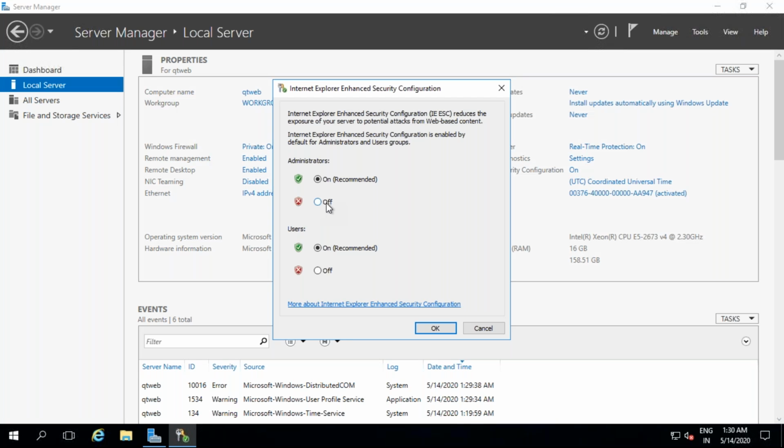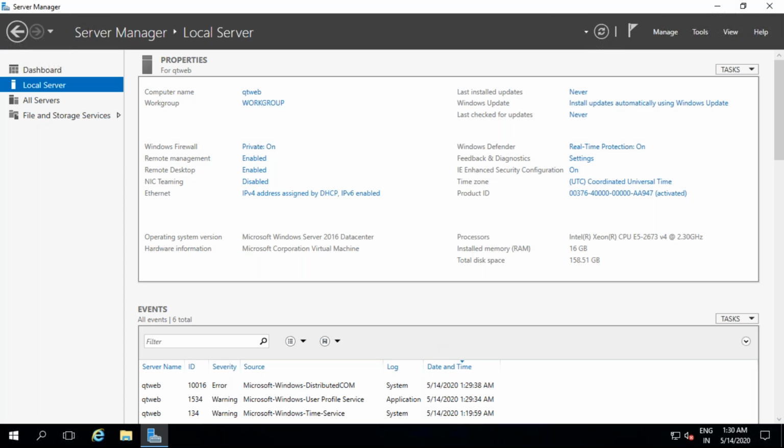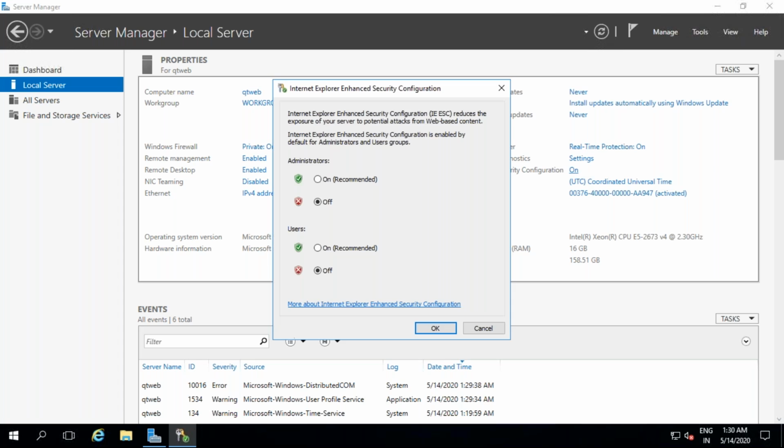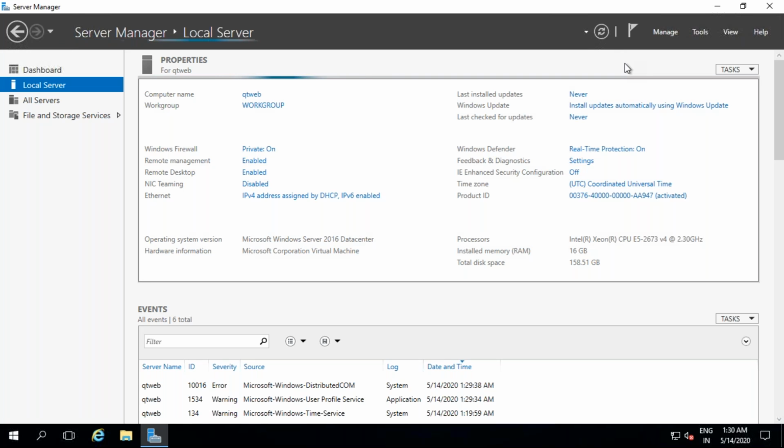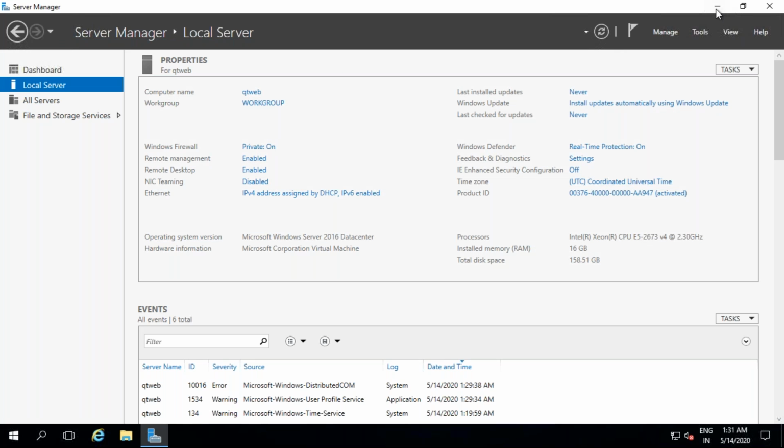I'm disabling this because if you have this, it will be very difficult for you to browse from here. I'll be doing some activity over here, so let it be off. Okay, so it is off.